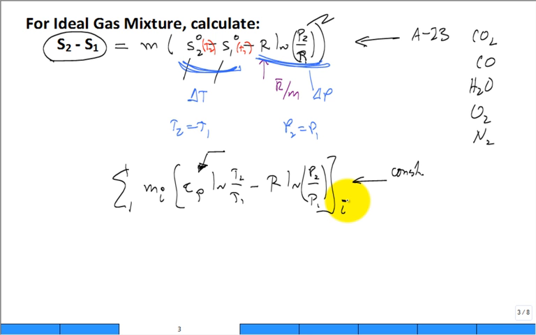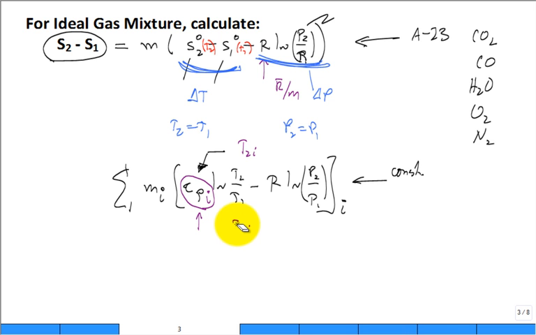Now, it raises a few questions like C sub p I, does that make sense? Should I talk about the specific heat of the nitrogen in the mixture and the oxygen in the mixture? Yeah, that makes sense. So that specific heat depends on the component. Do I talk about T2I and T1I? Do I have a partial temperature concept? No, there's no partial. If it's in a gas mixture, there's one temperature that represents that temperature for that gas